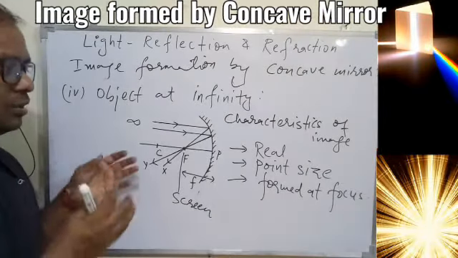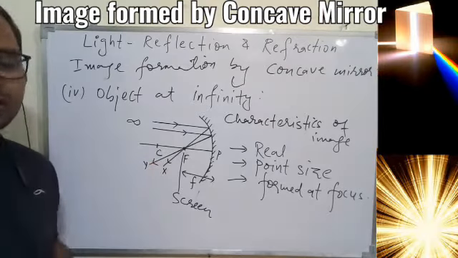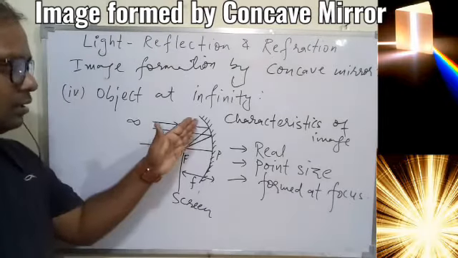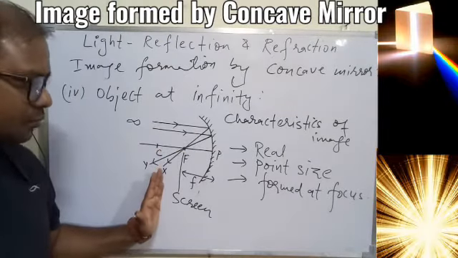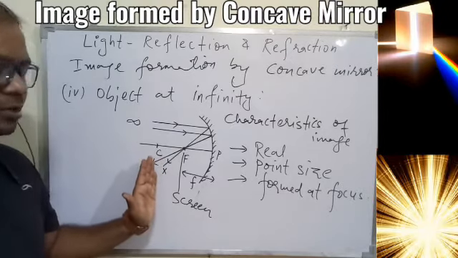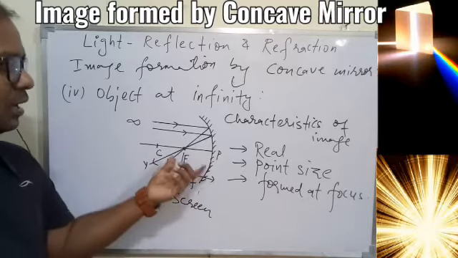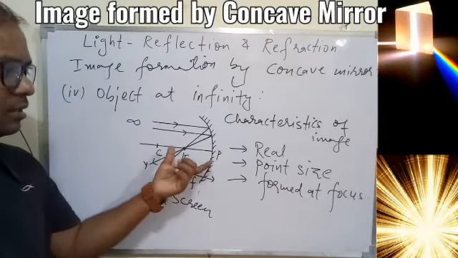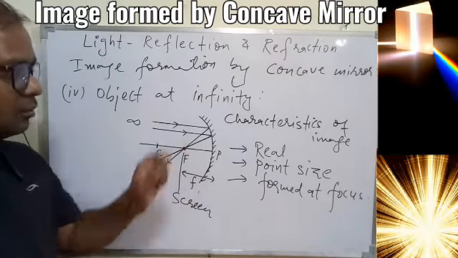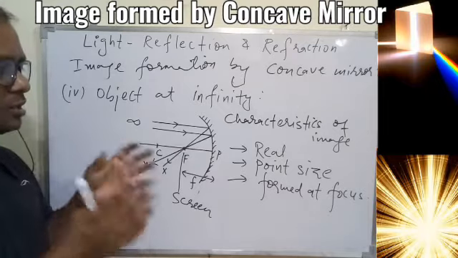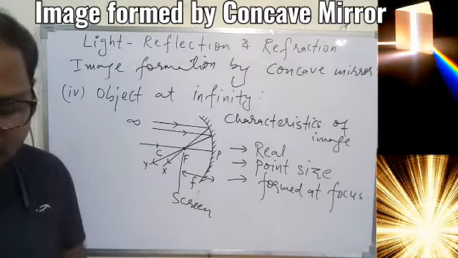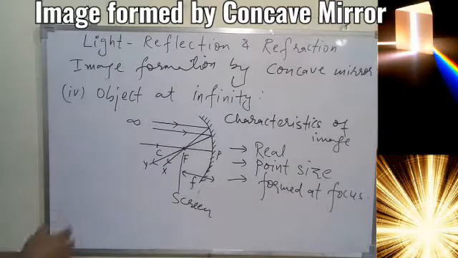When we do the experiment to find the focal length of a concave mirror, we apply this concept. Let rays of light come from some infinite distance, place one screen in front of the concave mirror and try to get the image of the object on the screen. If you get a very sharp image somewhere, just stop there and measure the distance between the screen and the mirror, or the pole. Whatever distance comes will be the focal length of the mirror given to you. This is how we can find the focal length of a concave mirror in the practical. You have to remember that also.